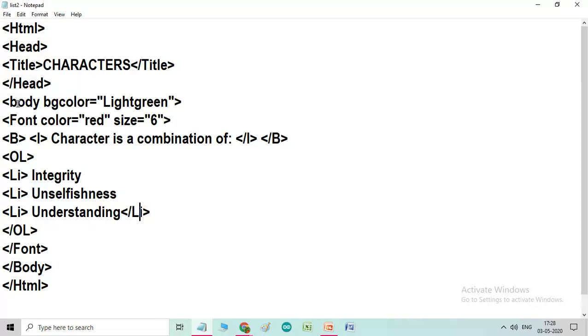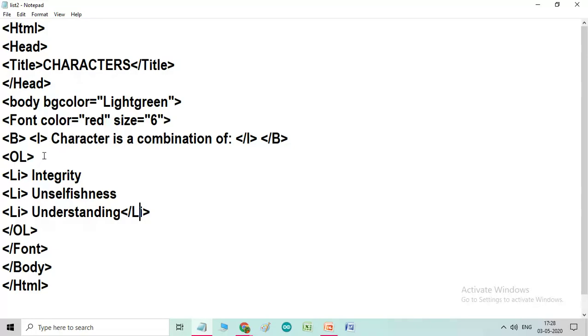Now the body begins. Body background color light green, font color red and size 6. I want my heading to be in red color, its size should be 6, and it should be bold and italic also.